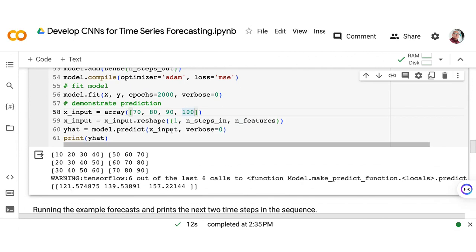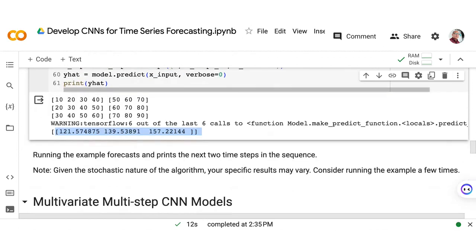So that will be the case. So our output here is quite far off. But in any way, it's still running, no error.